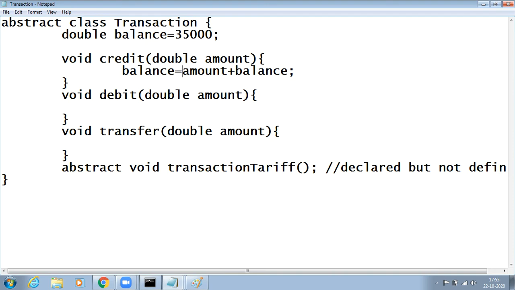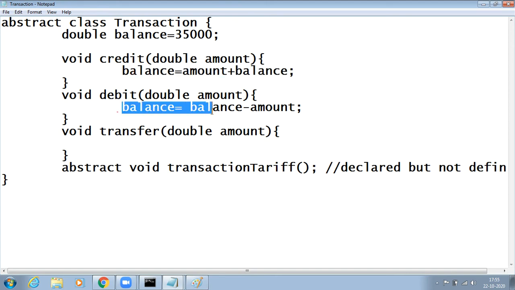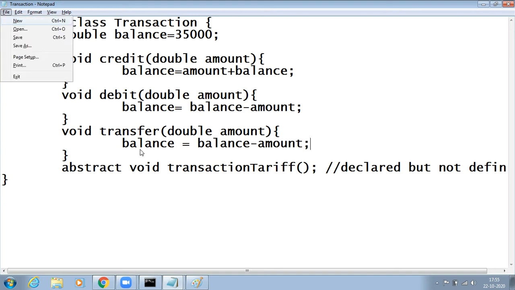Balance equals amount plus balance. Again, balance equals balance minus amount. I can add some if conditions here. If the amount is greater than the balance, I cannot debit, right? Transfer is also the same thing, balance equals balance minus amount. I'm just writing a simple example, okay?